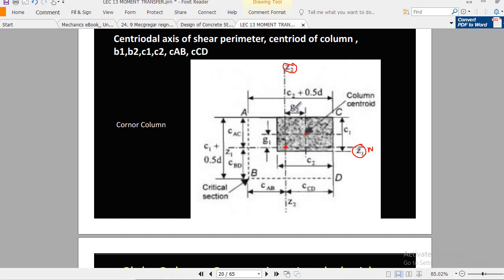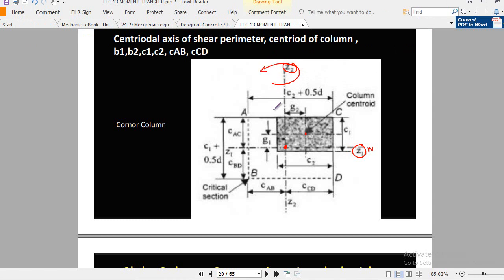Now G2 and G1 are distances. G2 is the distance from the centroid to the Z2 axis, right? And G1 is the distance from the centroid to the Z1 axis, right? And here, let's say for example, we assume that the moment is acting about the Z1 axis, right? Now in that case, let's say this is not right, the moment is not acting about the Z1 axis, the moment is acting about the